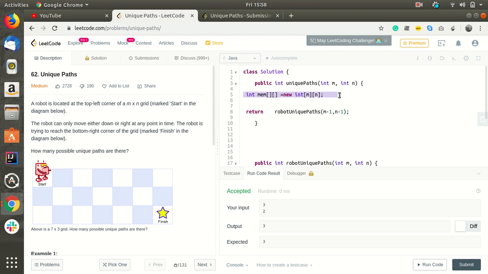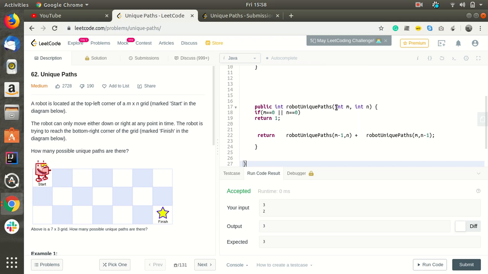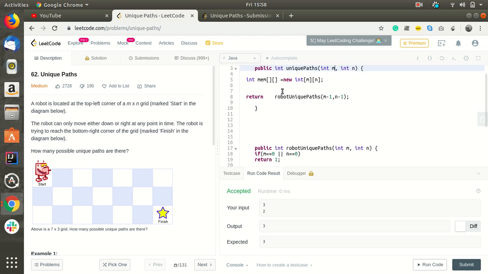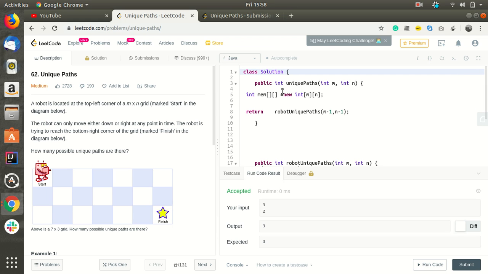Whenever we are computing anything for any index m and n, suppose 3 and 2, we will store it in that array. If that memory location is already computed earlier, we will not compute again.